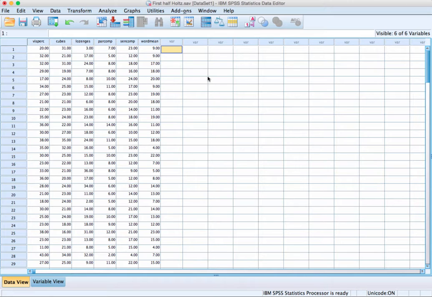And we hypothesize that those items will load on a visual spatial factor. So visual perceptions, cubes, and lozenges will load on a spatial trait, and then paragraph completion, sentence completion, and word meaning will load on a verbal trait. And so in order for us to explore that and find out, we'll do a factor analysis. And if in fact we do find this 2-factor structure, or whatever the number of factors ends up being identified by the SPSS factor analysis program,